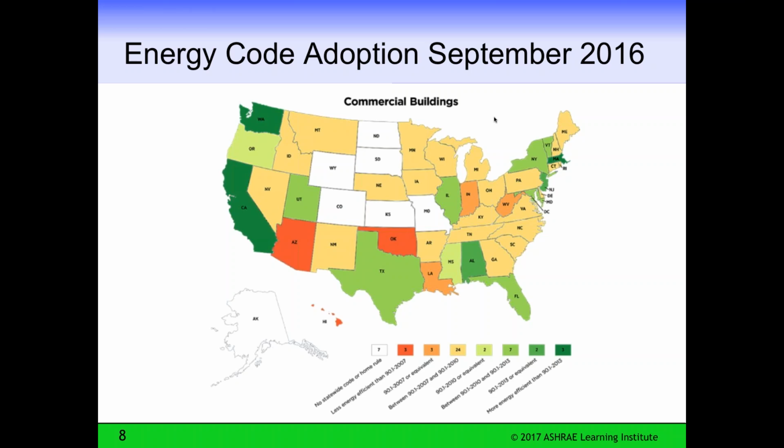That would be Indiana, West Virginia, Louisiana. The very light green would be 2010 or equivalent, and that would be Mississippi or Oregon. And sometimes a state will jump in its compliance from being really behind the curve to being closer to it. For example, Texas was way behind the curve and then jumped and is now between 2010, 2013, pretty up to date. Actually, we're on 2013.